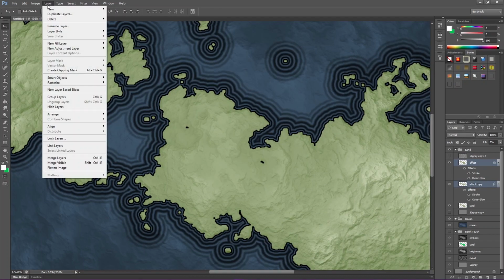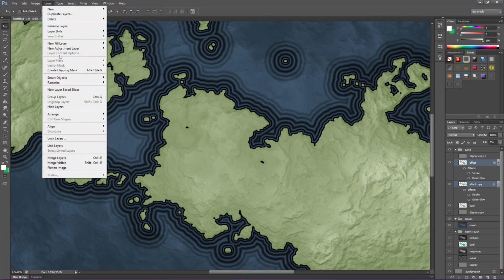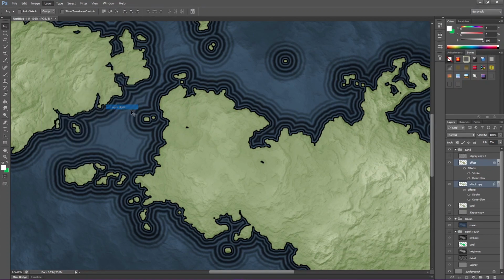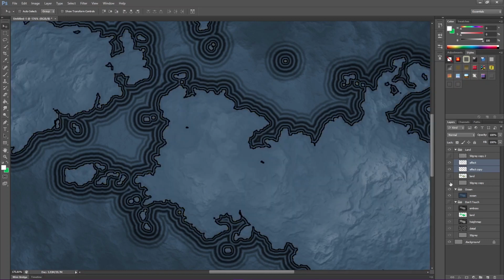and I want to rasterize them. So you're going to select your effects, Layer, Rasterize, Layer Styles. Now we've taken the land out completely, and we've applied an effect. So those pixels are still there, and the effect exists, but it's there as information. It's not actually pixels drawn.